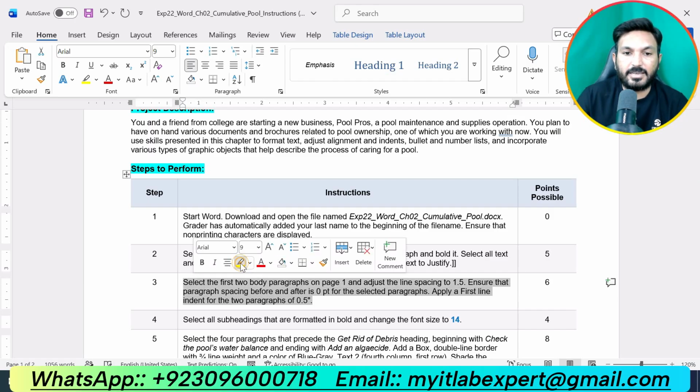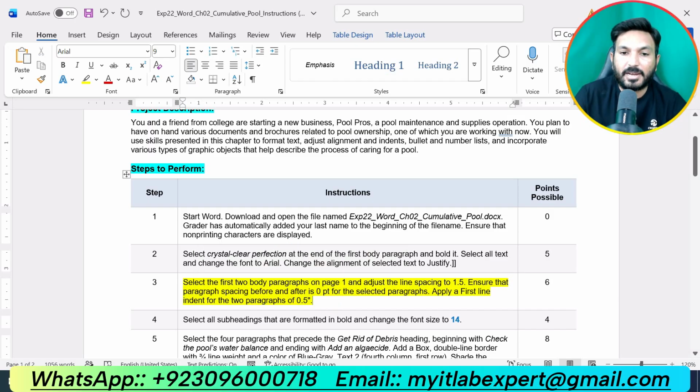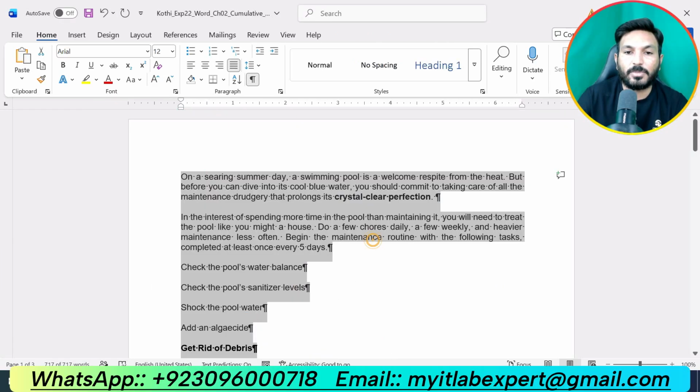Step number 3 is saying select the first 2 body paragraphs on page 1 and adjust the line spacing to 1.5. Ensure that the paragraph spacing before and after is 0 point for the selected paragraphs. Apply a first line indent for the 2 paragraphs of 0.5. So first of all, we will go to the Word document and we will